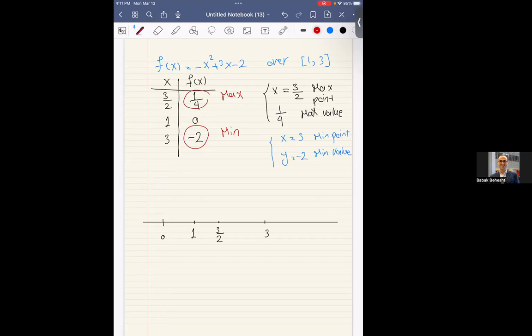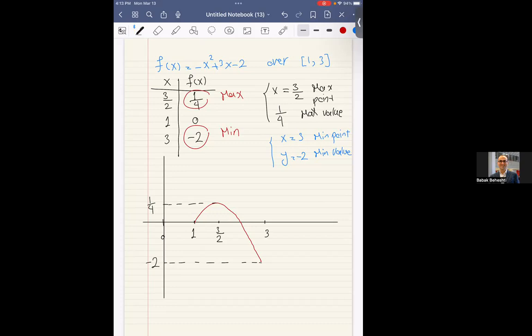The graph of this function goes like this. On this interval, of course. Okay, so the value of the function at x equal to 3 is -2, and the value at x equal to 3/2 is 1/4. Okay. Now, what is